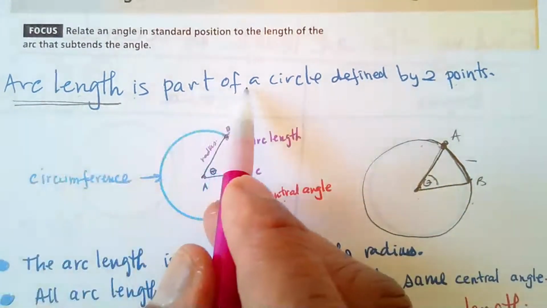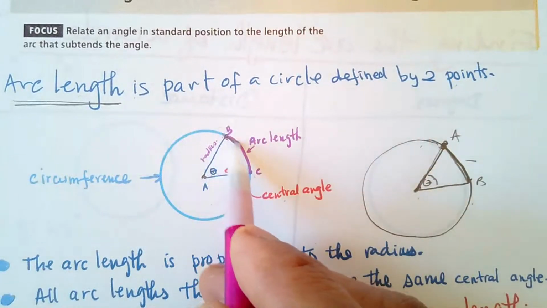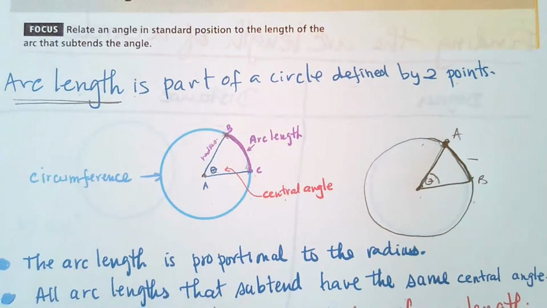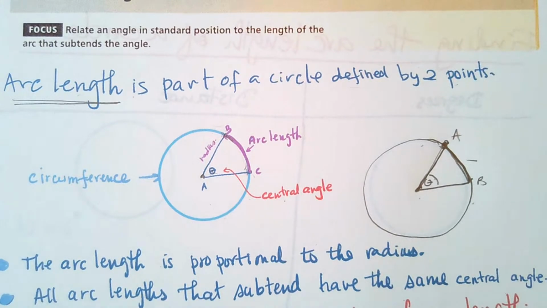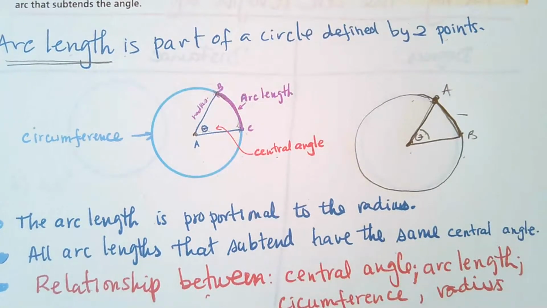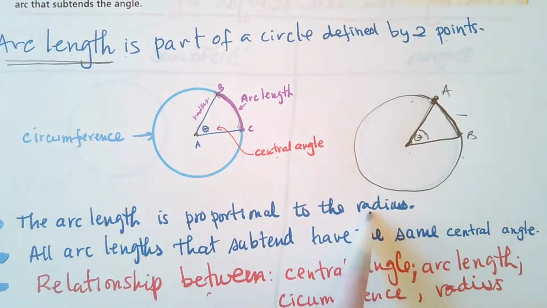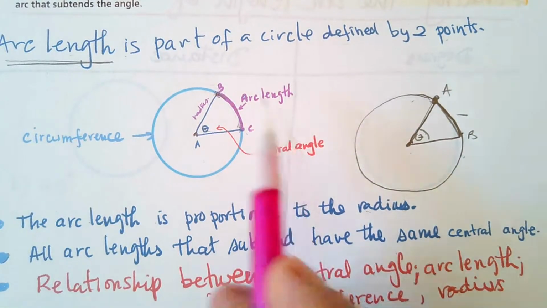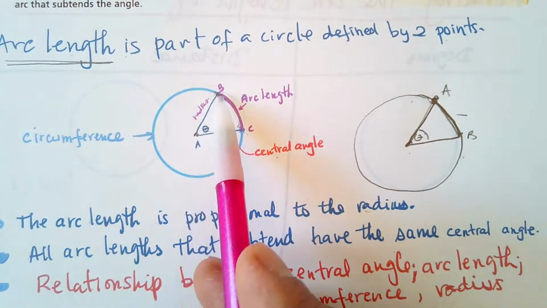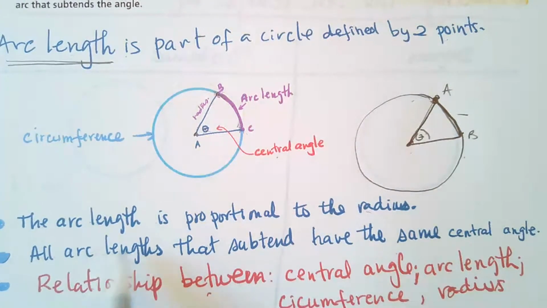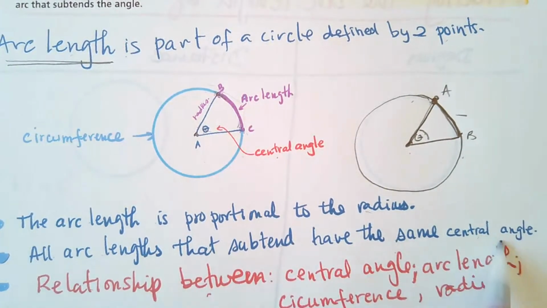So the arc length is part of a circle defined by two points. That's the arc length, and we're trying to find the arc length. Now, there are certain things we need to know. The arc length is proportional to the radius. So it's proportional, so we look at the radius. And all arcs that subtend the same central angle